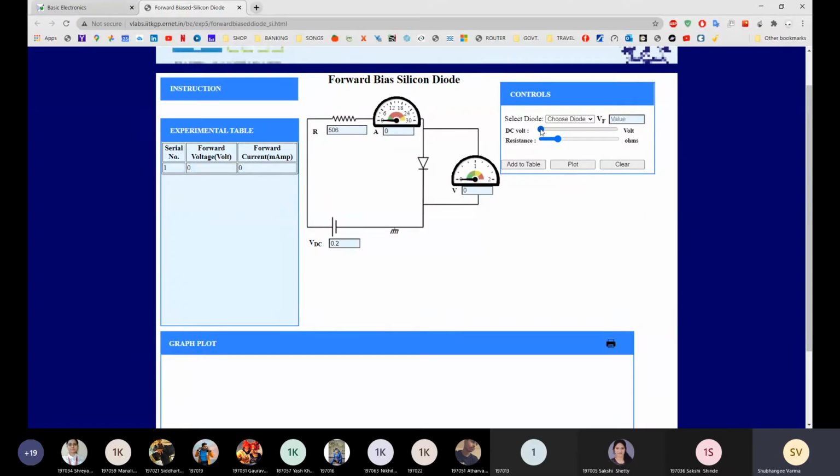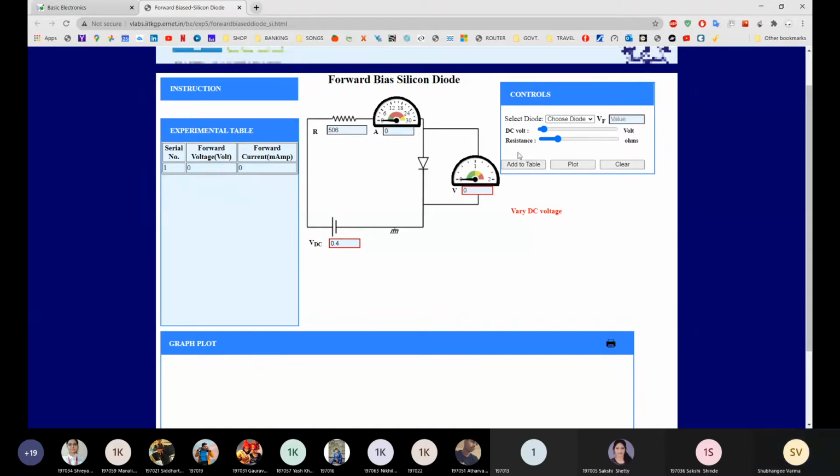Now I'll change the voltage. Change this knob. Okay. You can take the reading in steps of 0.1. Make it 0.3. I'm making it 0.4. So now it's 0.4. Okay. So here you can see it's 0.4. So for this, your voltage is still 0. Current is still 0. Again, I'm going to add it to the table. So see, add it to the table. See, it's 0 only. 0, 0. Same, so it will remain 0, 0.